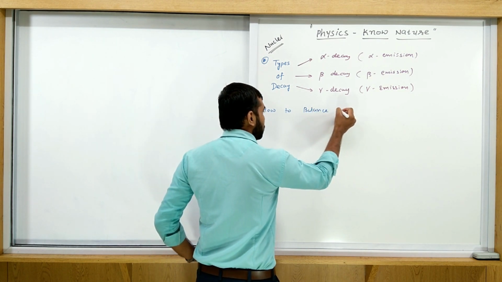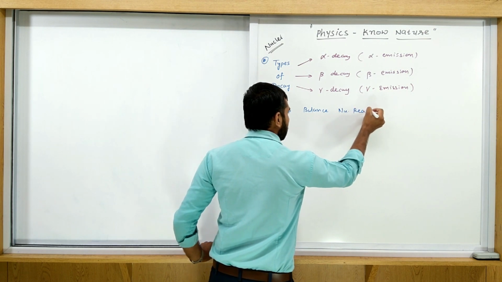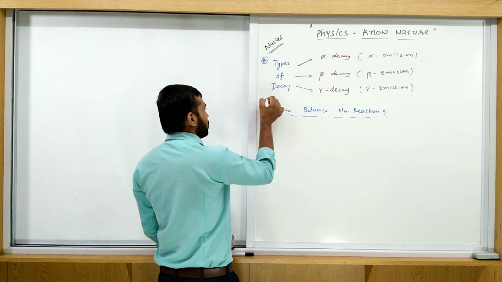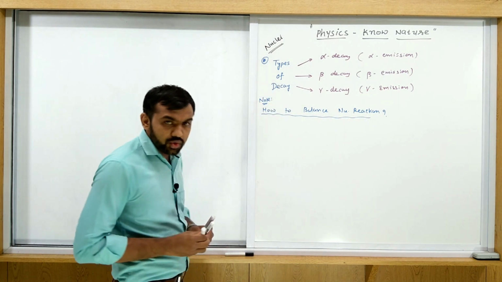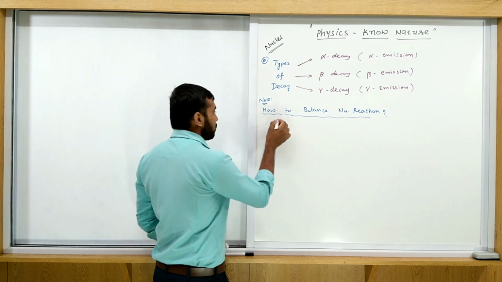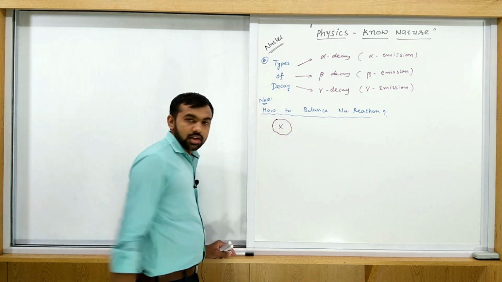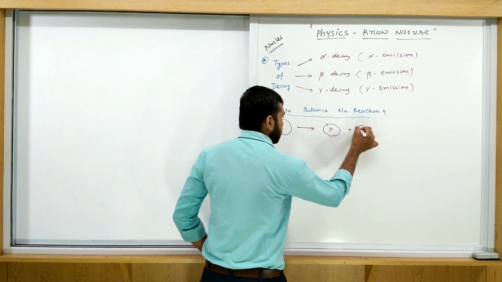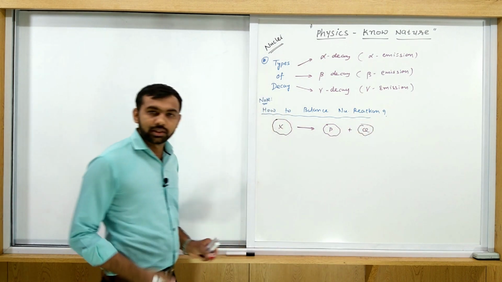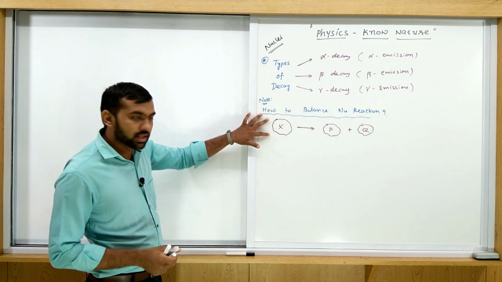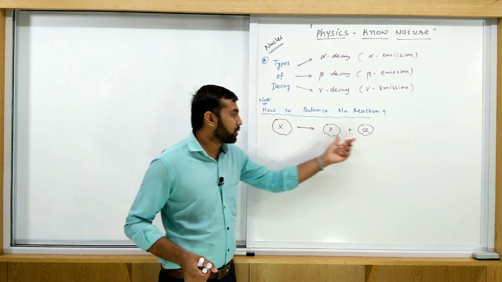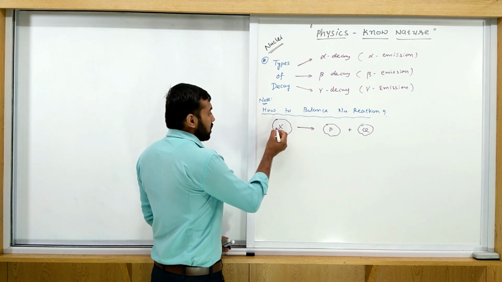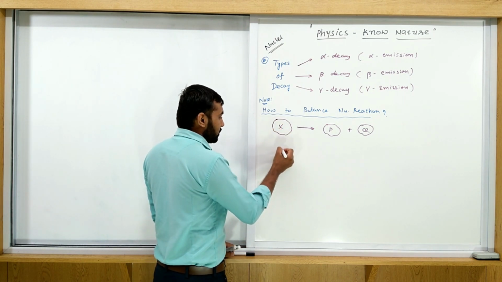So how to balance a nuclear reaction, that is our question. Just write in your notes. Suppose you have one nucleus X, and it is converted into two nuclei, P and Q. Suppose the nucleus X is represented like this, Z X A,